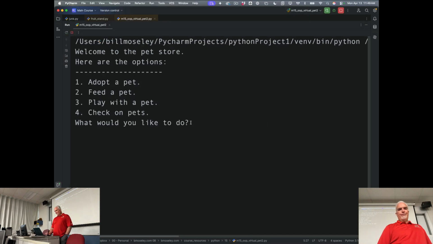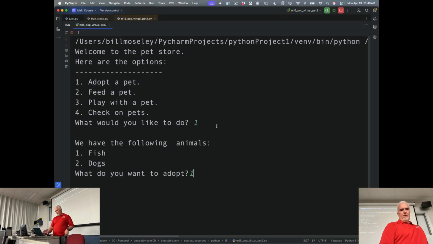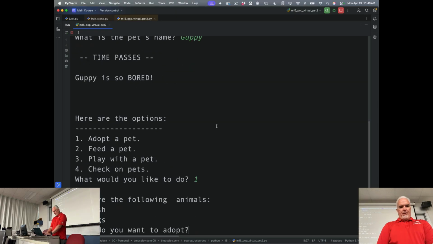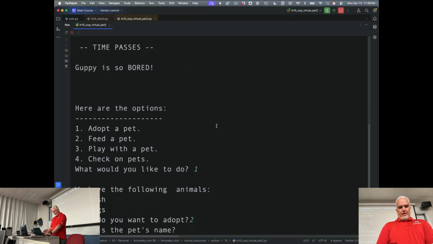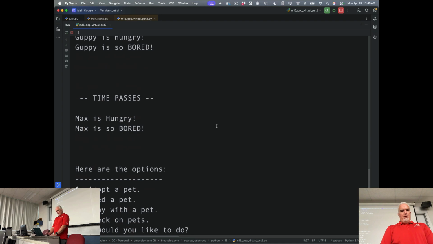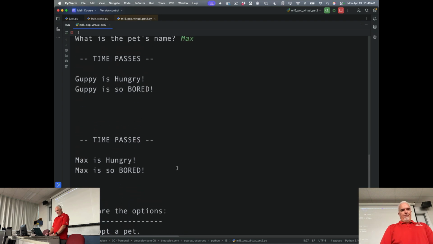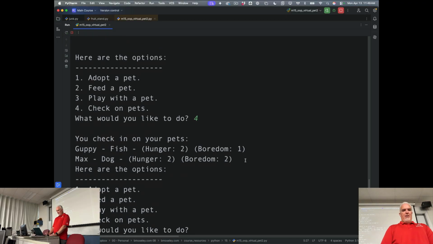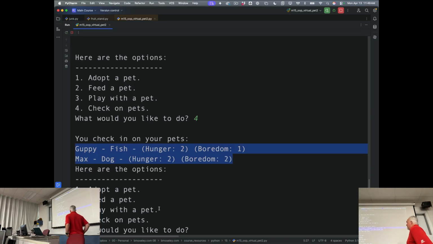So if I run this, you can see here, adopt a pet. We have the following, okay, fish, what's the pet's name? Guppy. Guppy is already bored. Thanks a lot. Adopt another pet. Let's adopt a dog named Max. Okay, they're both hungry and they're both bored. That's great. Let's check on them. Okay, so maybe I made the game too difficult by starting with too low of a